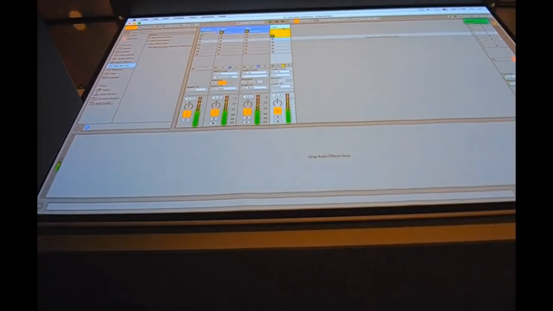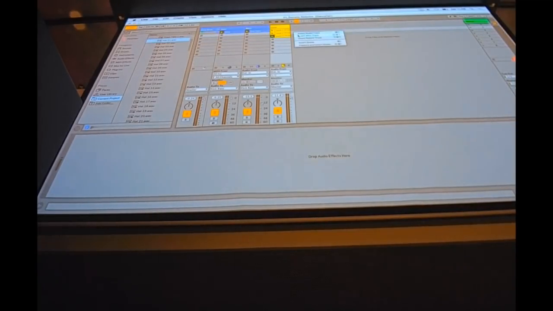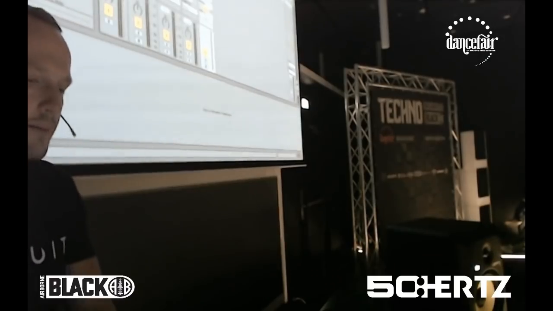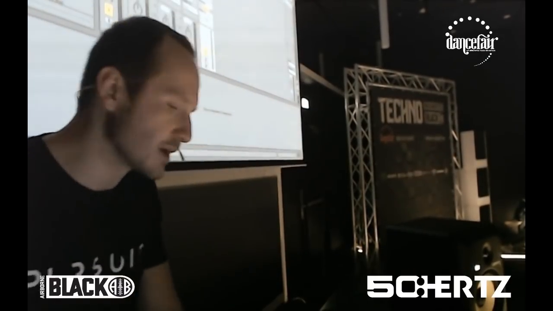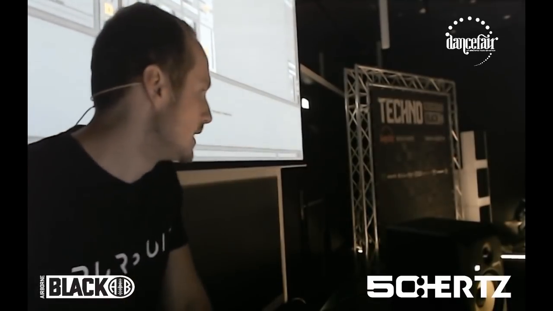So now I want to add a hi-hat to it. If I go to my current project, samples, for example, I like this hi-hat. Do you also have your kicks ready for yourself? No. I have some that I like, but sometimes I build them from scratch.